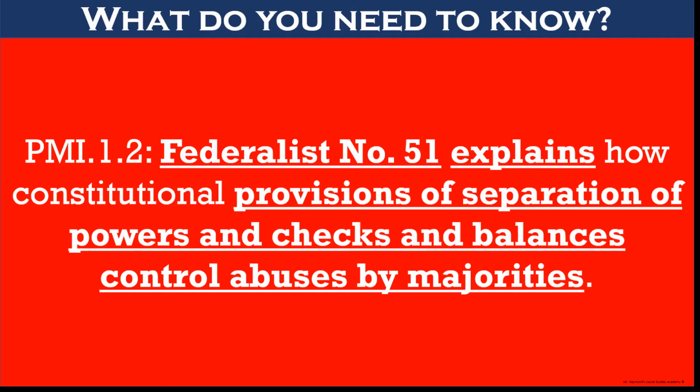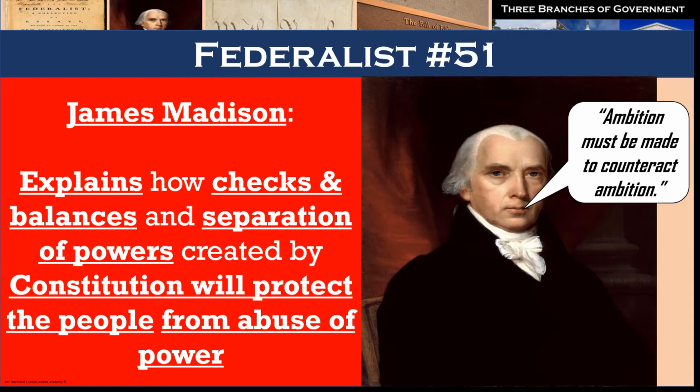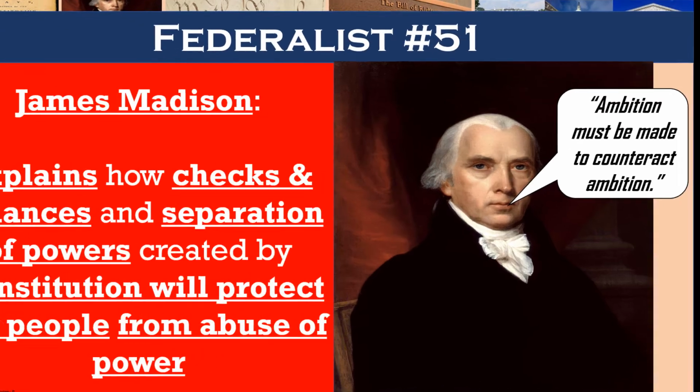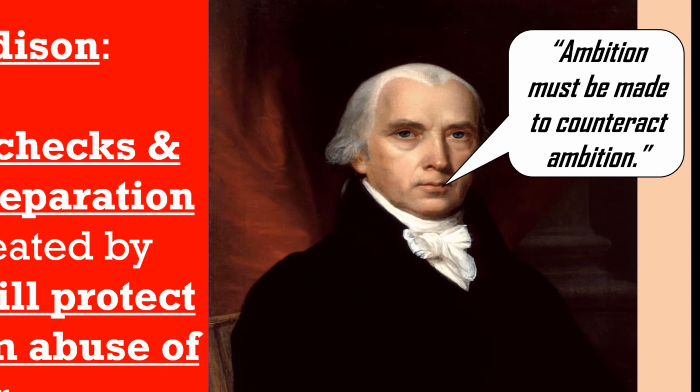So, in our next required foundational document for your exam, we will look at Federalist number 51 as it relates to separation of powers and checks and balances. Federalist 51, just like Federalist number 10, which we covered in a previous lesson and we'll look at briefly again today, was written by James Madison, and it explains how checks and balances and separation of powers will protect the people from abuse of power or tyranny, or as Madison said in the essay, ambition must be made to counteract